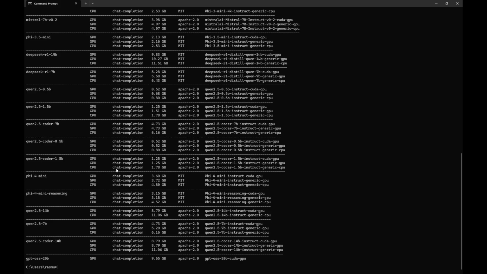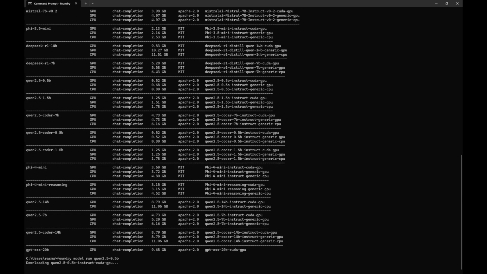But because I have such a poor machine, I will take the absolute minimal model, and I will say I want to run model run this model. As we see here, it has three different variants, but it will look at my machine and figure out if it's best to run a GPU version or a CPU version. You could specify these to override that. But if I do this, it will now download the model, depending on internet speed, of course.